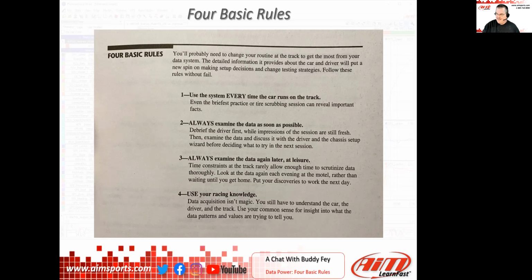One of the questions that I saw come in is, is there anything you could look at in the data that steers you to a car correction or a driver correction? It's the classic question: is it the driver or is it the car, right? How would you attack something like that? Do you have to break it down and see where the inputs are and what's happening, and which is creating the speed or the lack of speed?